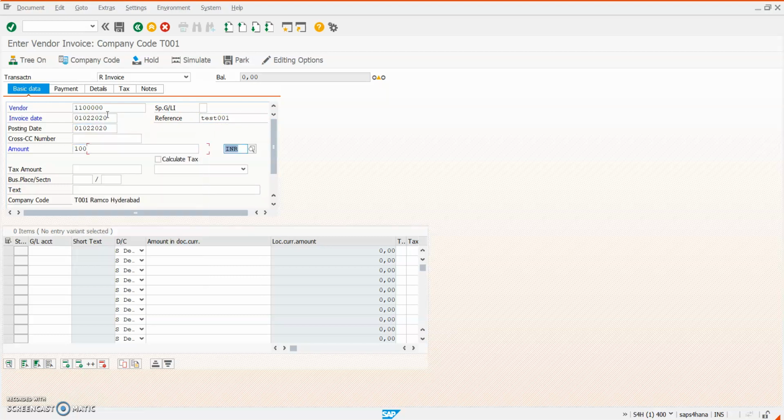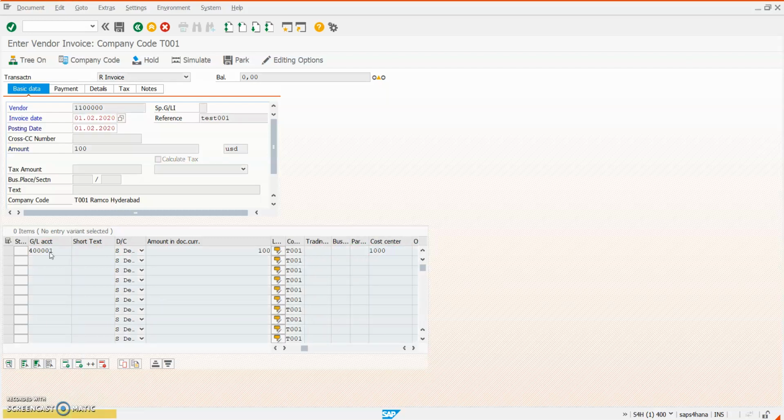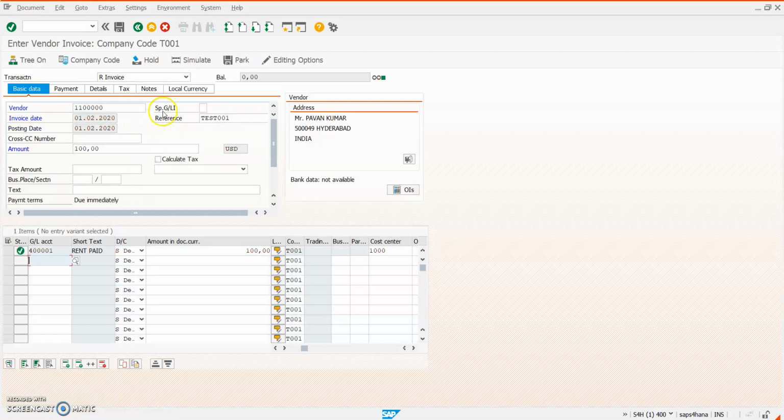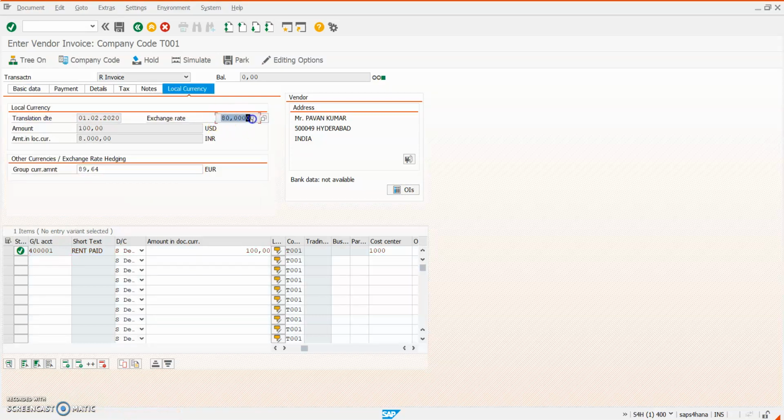Here I have taken 100 and the currency is USD. So I am posting one foreign currency transaction, which is an invoice, with a cost center. Continue, and here we can see the local currency. What currency rate has it considered? Here the currency rate is 80. So I am posting this transaction.